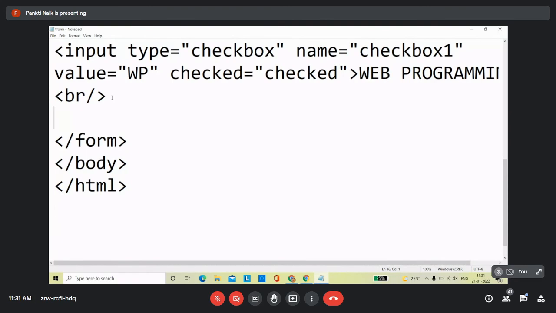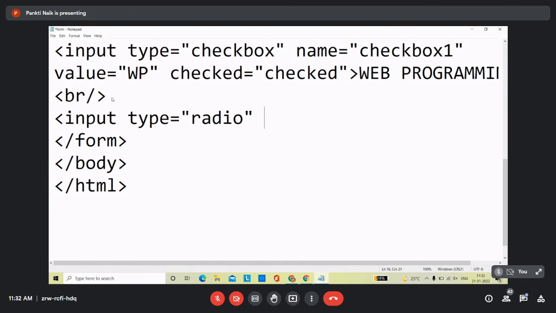Yes, ma'am. Okay, right. So let us see how to set the component radio button. For that also you have to use the input tag, type is equals to radio. This you have to remember. Input type is equals to radio, not radio button. If you write down radio button here, it will not set the radio button component in your web page. To create a radio button, input type is equals to radio, not the radio button,